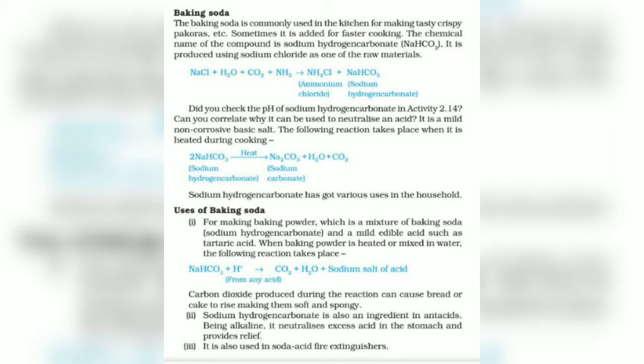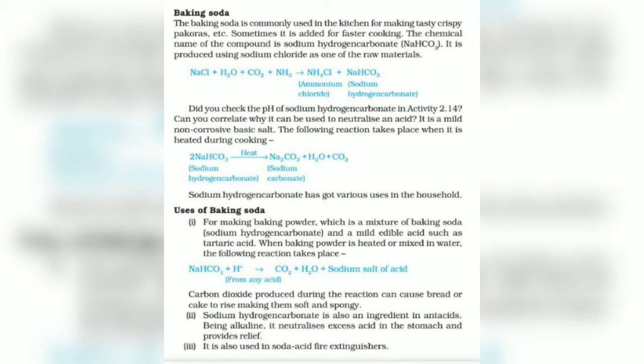So when we are going to use it, it is going to form the mixture which is a little bit neutralized. When it is a little bit neutralized, it will not impart the bitter taste to your food material. So we are using the baking powder, in short, for making the cakes spongy. We are using it for making the pakoras spongy, and we can say crispy also. So these are the uses over there. Also the carbon dioxide is liberating, so we can use it as a soda acid